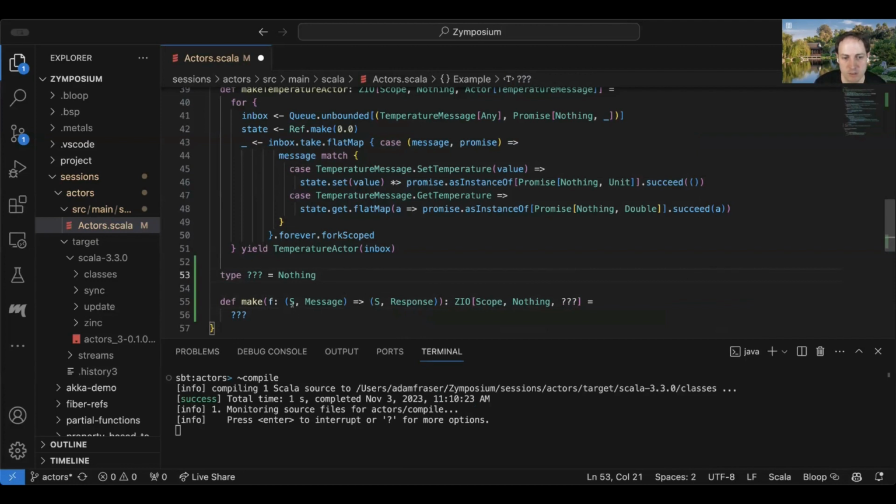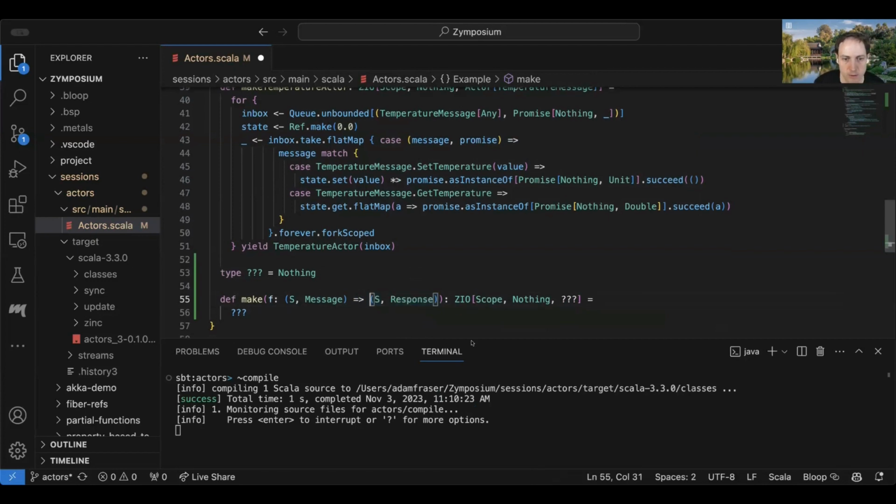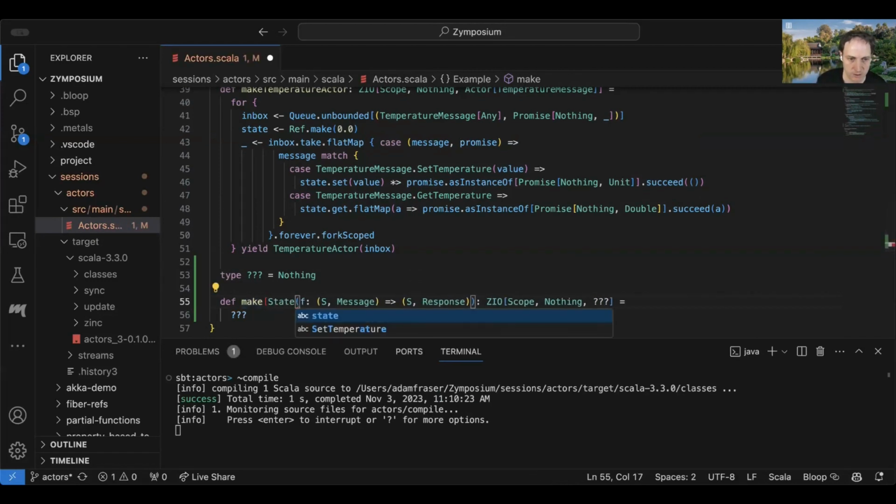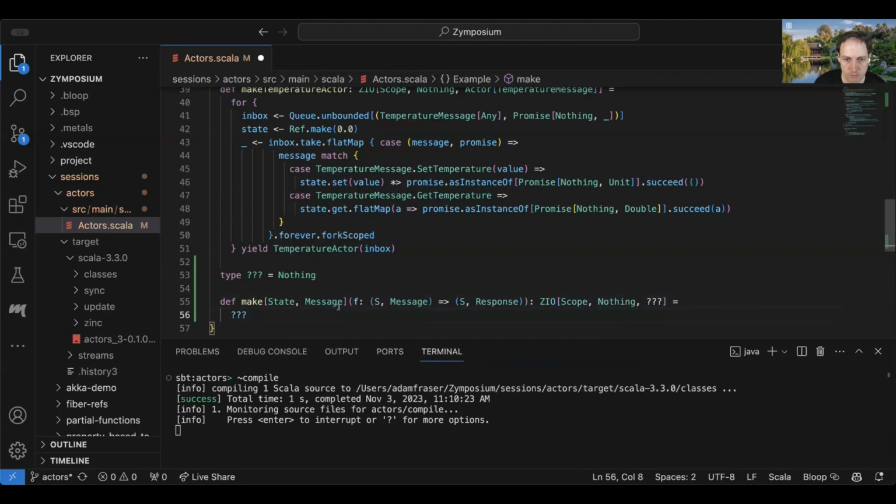So we take in some state and a message, and then we potentially change the state and we return some type of response. And maybe we want this to be in a ZIO workflow so that you can do other things in your actor beyond just updating the state, like write something to a file, or log something or do something like that. So let's try to get this to the point where it can actually compile a little bit, and then we'll build this out.